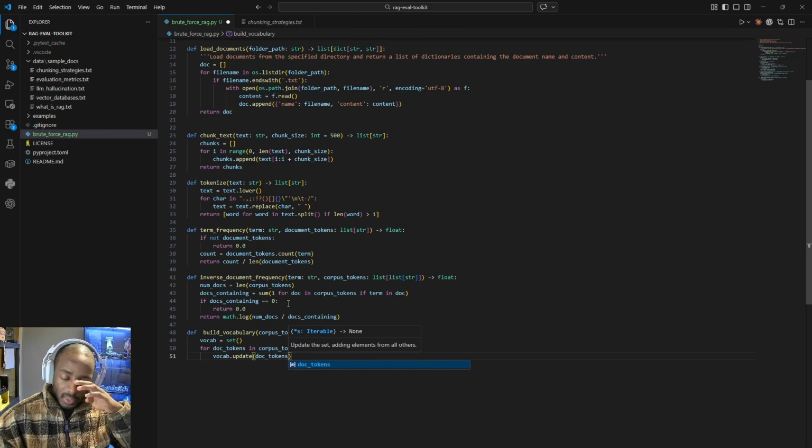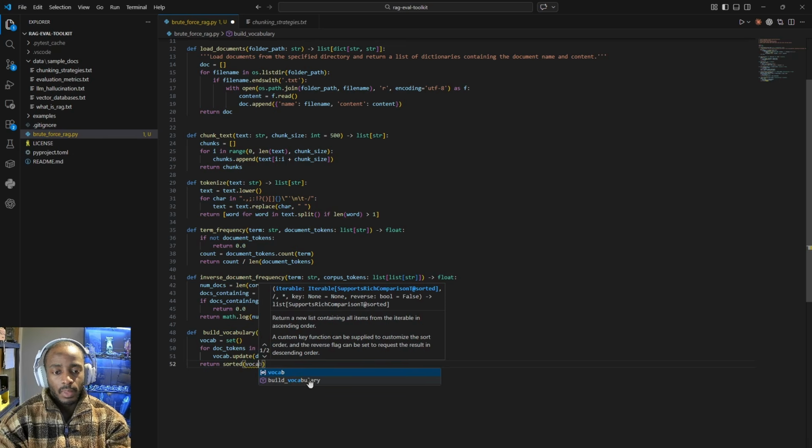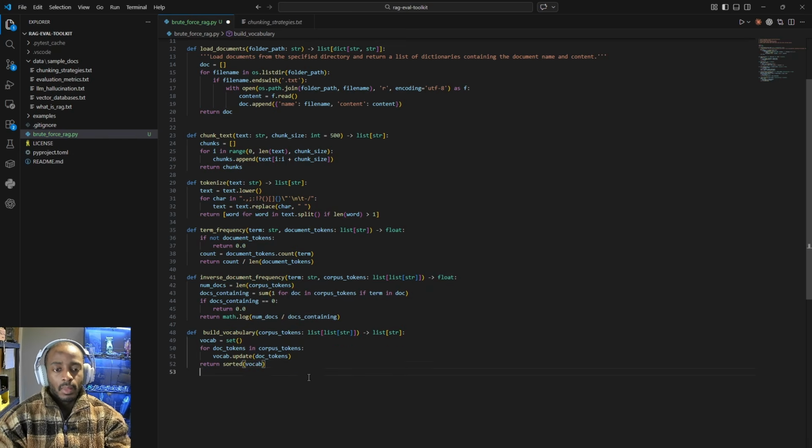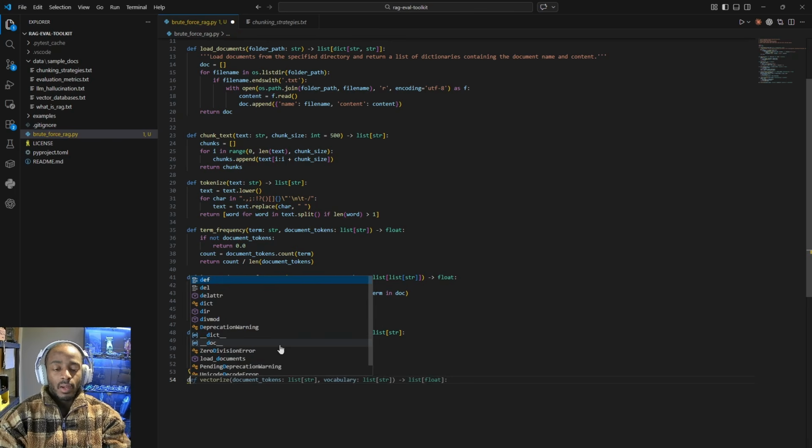So we're going to update vocab with the tokens in each document or each chunk, and because this is a set, each one will only appear once in vocab. And then we can sort them and return them. So return sorted vocab. Okay, so that's our full vocabulary, and now we can go on and build our